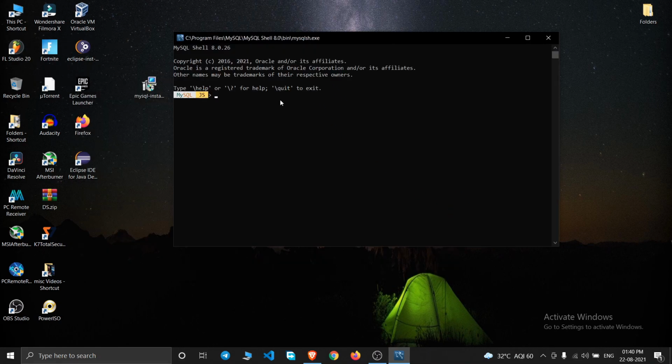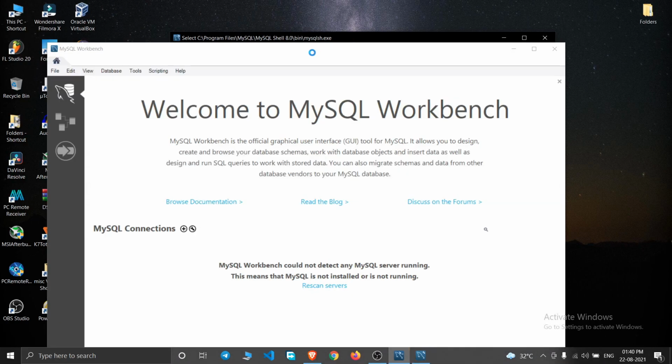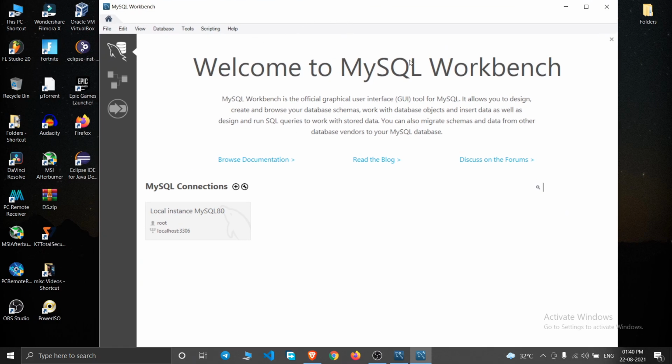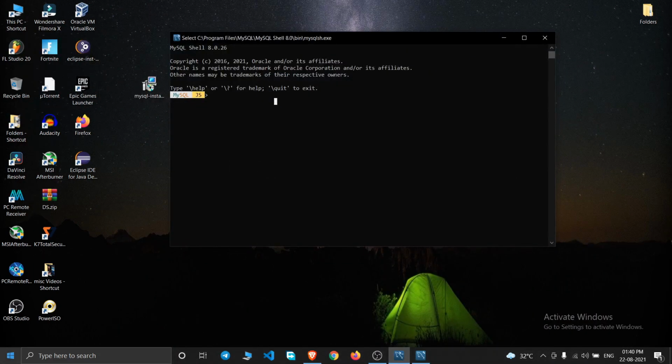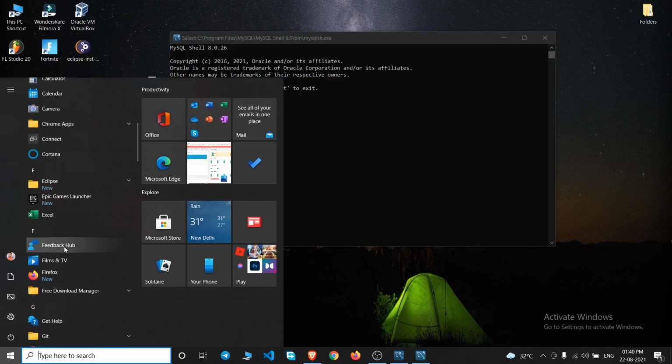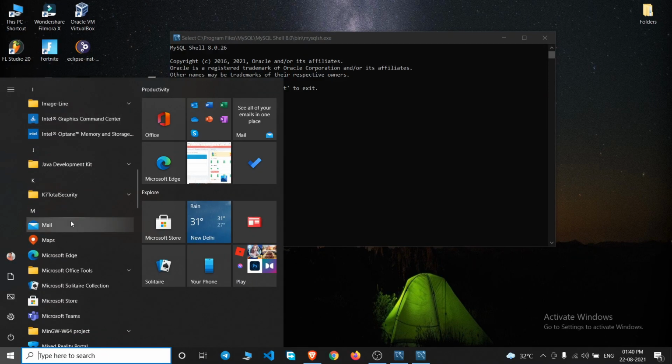After you click on finish, you'll have the MySQL Shell here, and MySQL Workbench will be opened. If in your case these two dialog boxes are not opening, you can always go to the Windows search option and search for MySQL.